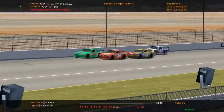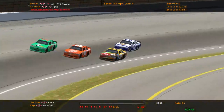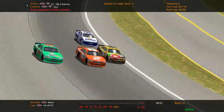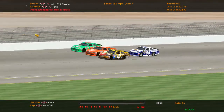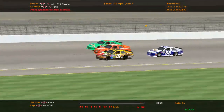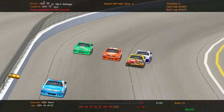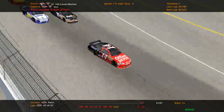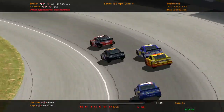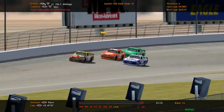See Juan Garcia, Carter Friesen kind of stuck in there. Is Juan making it 3 wide? Hello, 18. Whoa, looking like he's getting a little close to the 20 there. He's got some hard racing for some high positions. Like one battle back, and you see Custer trying to clear this group here. But, oh man,